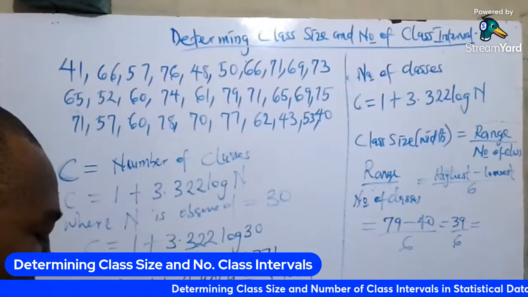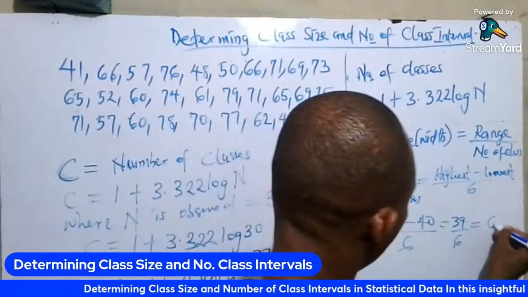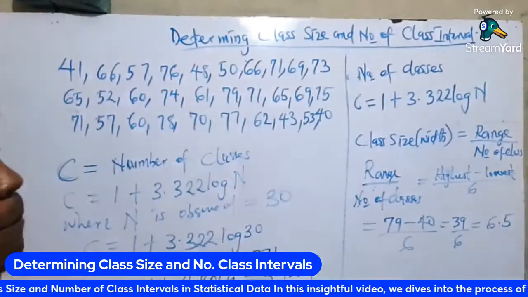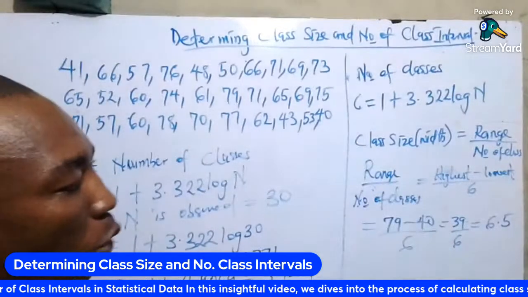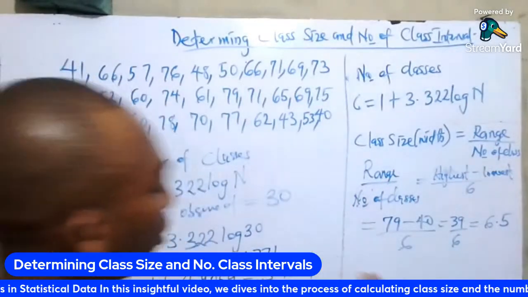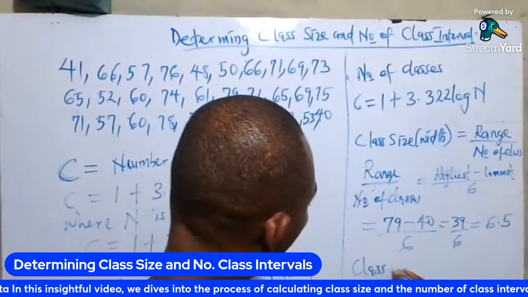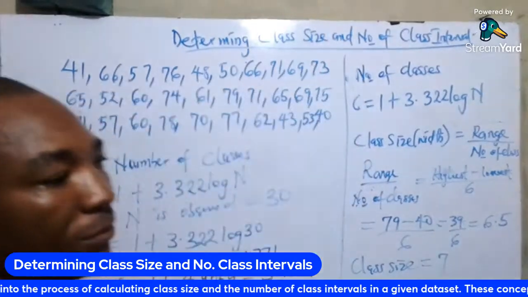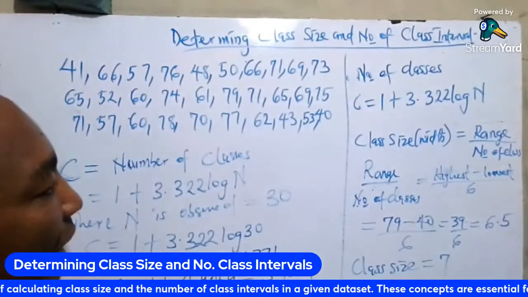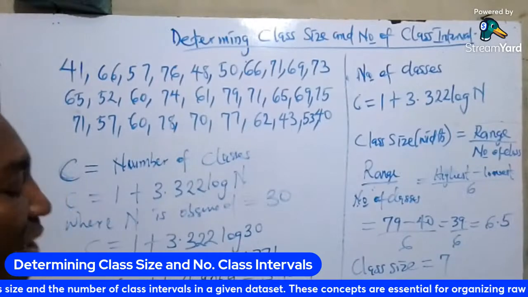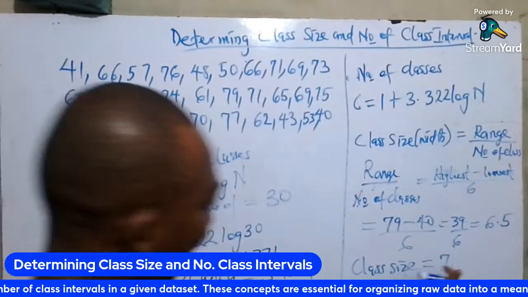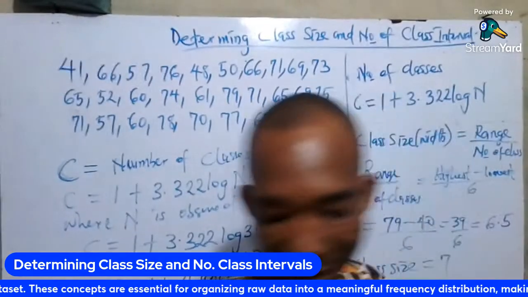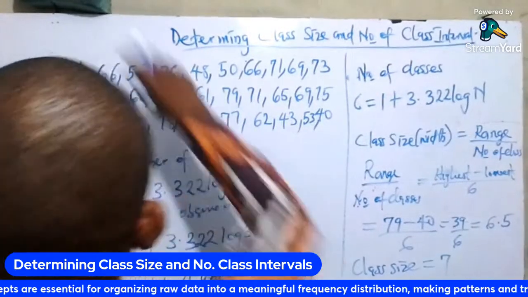39 divided by 6 will give us 6.5. Like I said, anything you get here, you are approximating it to the nearest whole number. So the class size of this data is 7. So we have got that now. That means our number of classes is 6, and our class size is 7. So once you have done that, you have the confidence to construct your